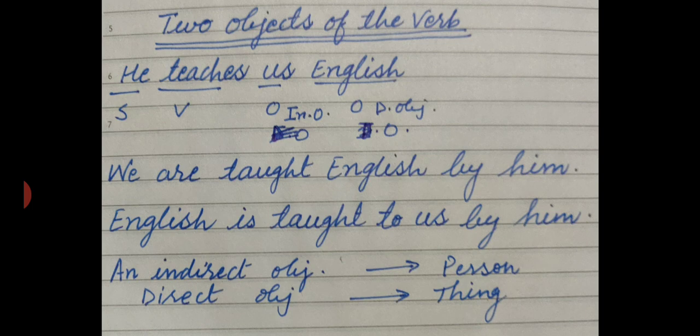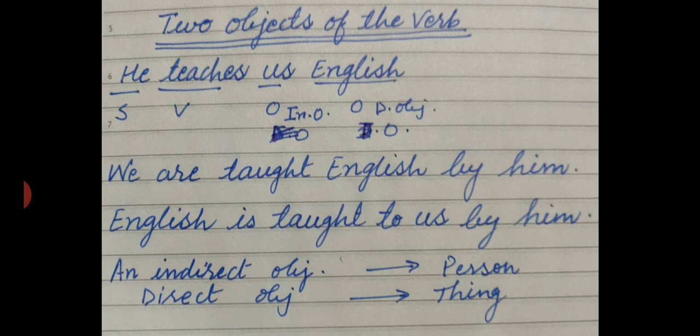Now out of the two, we are to take one object which will be used as the new subject in passive voice. The other, if it is the direct object that remains, will come as it is in passive after the verb's third form. And if you take the direct object as the new subject and want to use the indirect object in passive voice, then it will carry to. For example,